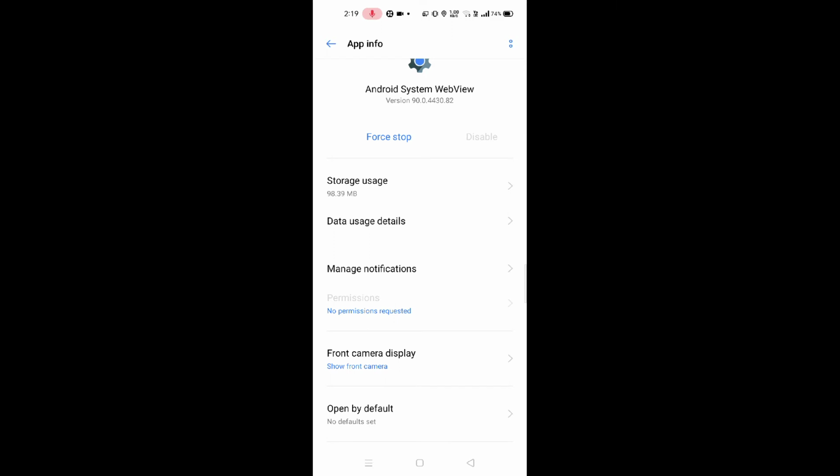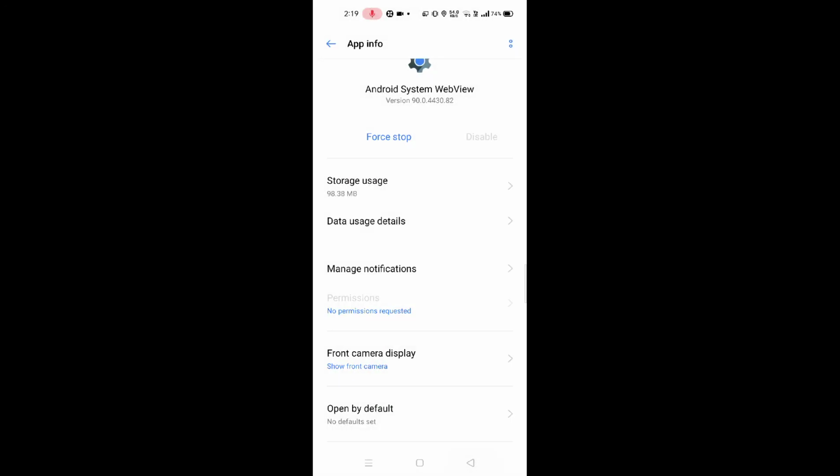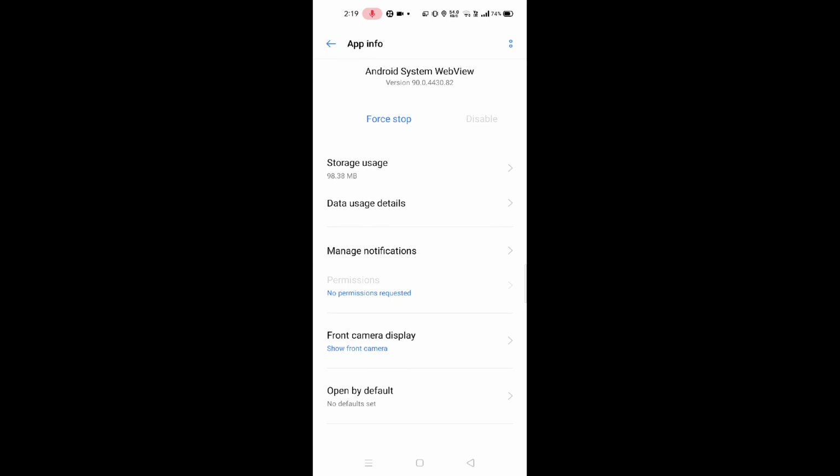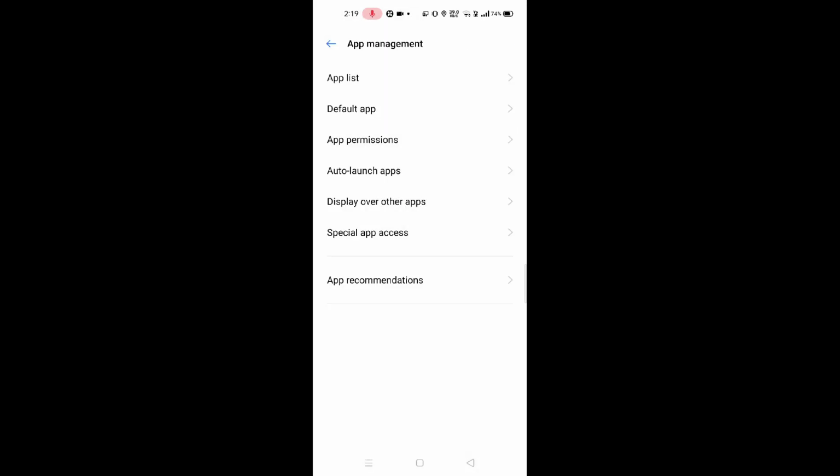After that, you have to go to storage usage, and you have to clear the cache and clear the data. After clearing these two, again come back to the settings,